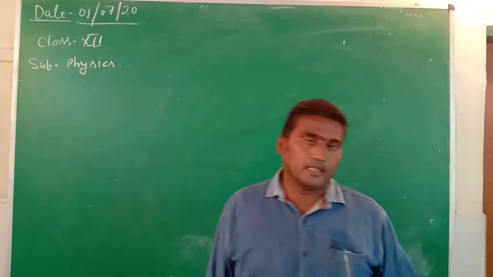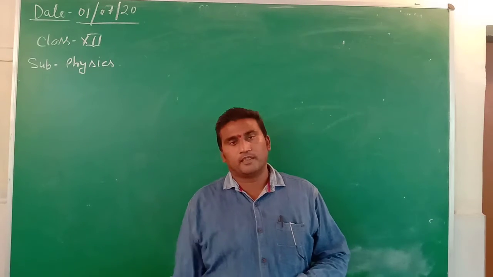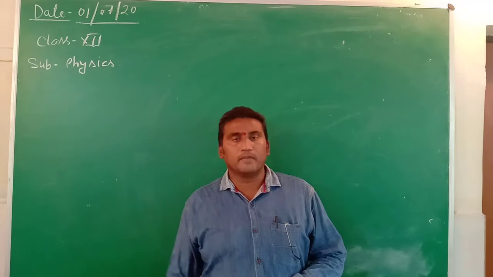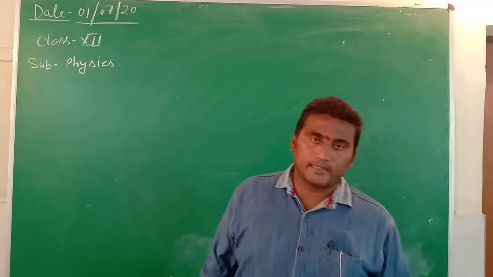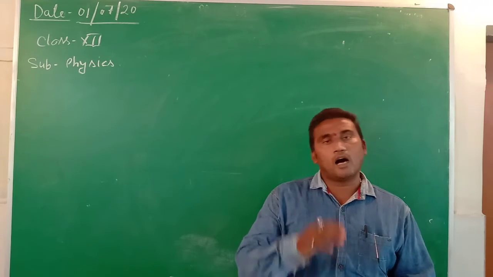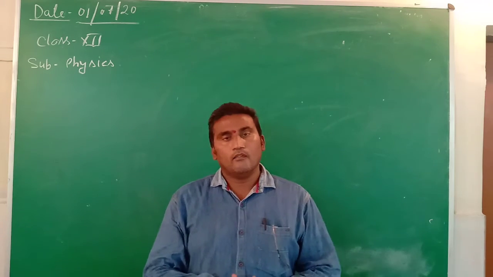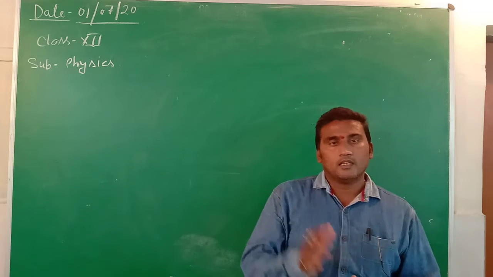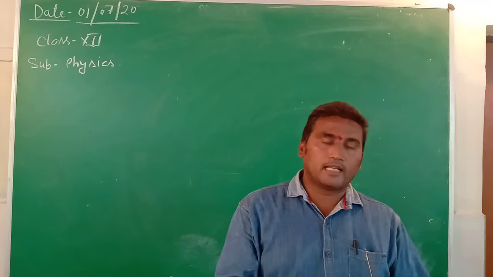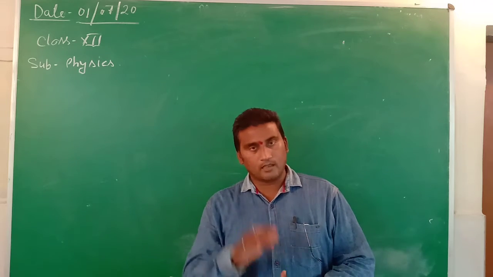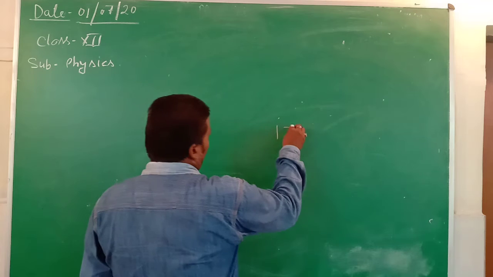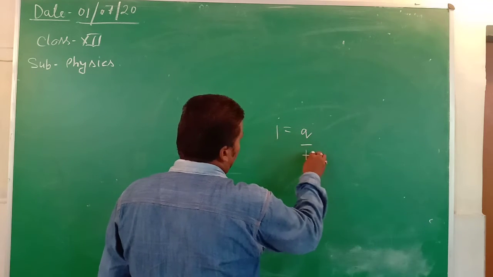Today we are discussing a new topic, electric current, after the previous video on semiconductors. What is electric current? The rate of flow of charge is known as electric current. In other words, the total charge transferred per unit time is known as the current. The SI unit of current is ampere, and the mathematical relation can be easily written as I = Q/T.